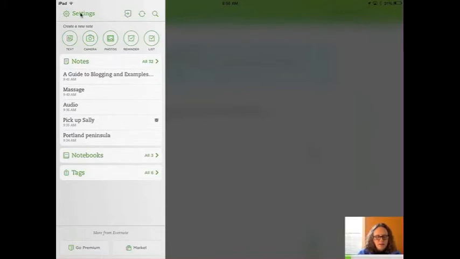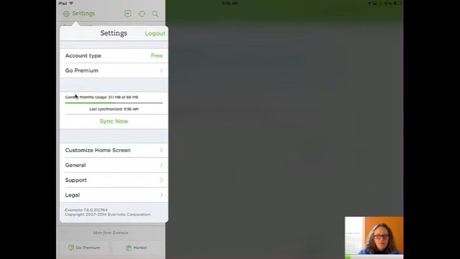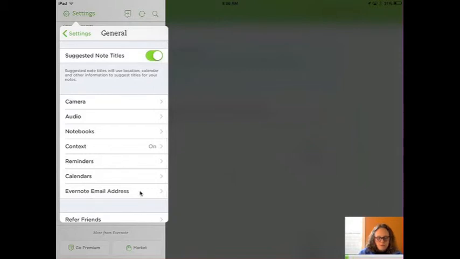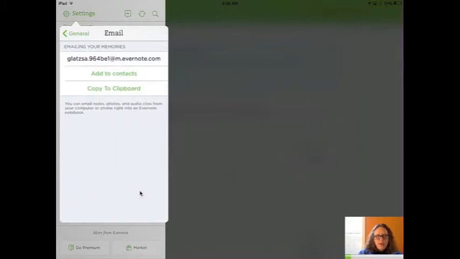So we're going to go here to Settings, tap on Settings, and then scroll down here to General and tap on General. And you'll see this, Evernote email address. So tap on that. Okay, it's a little bit long and confusing. But what you can do with that is put it into your contacts. There's a note right here. Add to contacts or to clipboard if you want to copy and paste it. I don't use this account as much as my other one, so I'm going to copy to my clipboard, but you could add it to your contacts and then just type in Evernote and it will go to Evernote every time. It's awesome. All right, so I'm going to copy to clipboard,